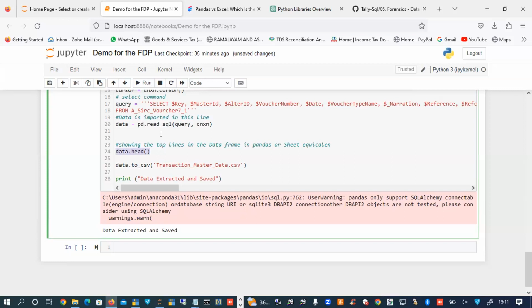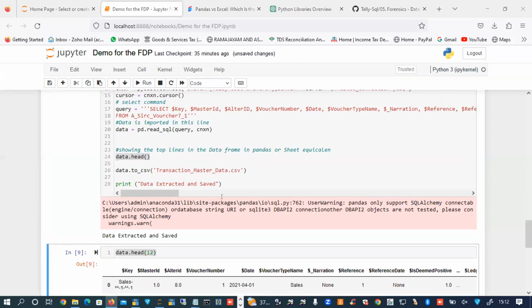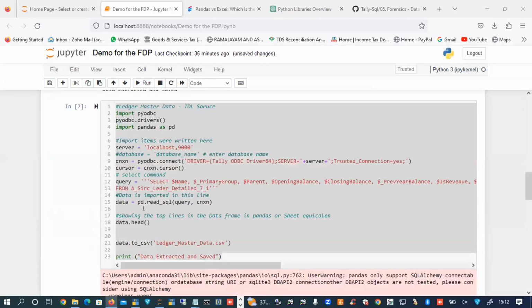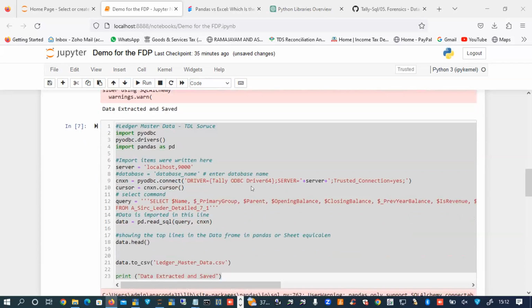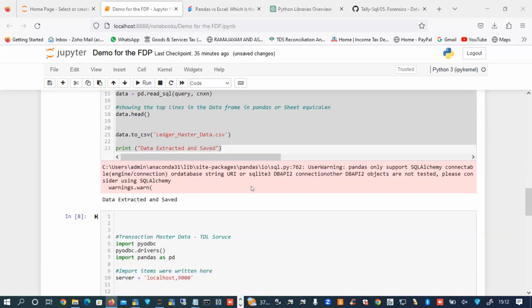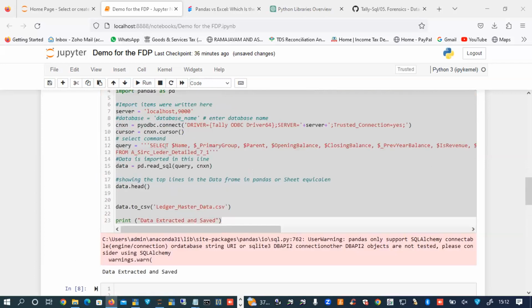Next part of discussion, sir, variety of data. Now we are going to manipulate the data.